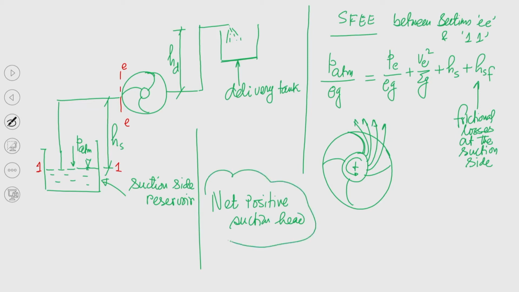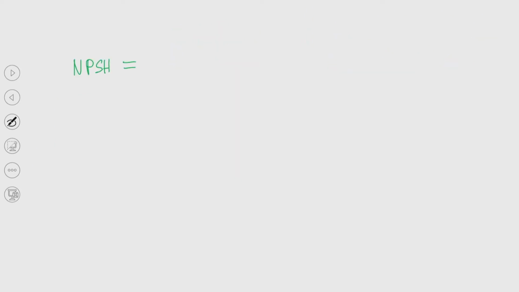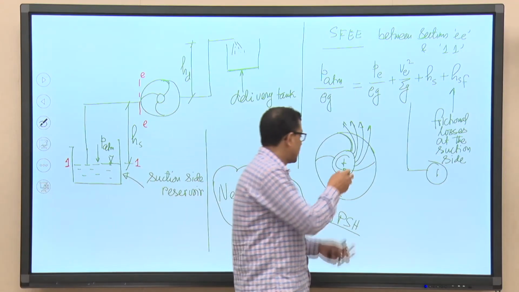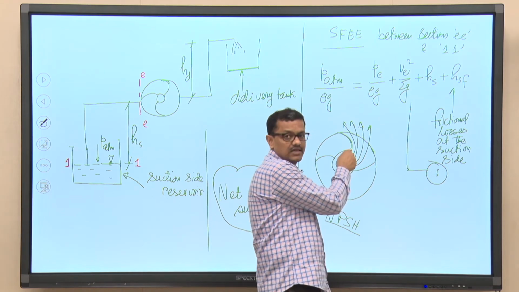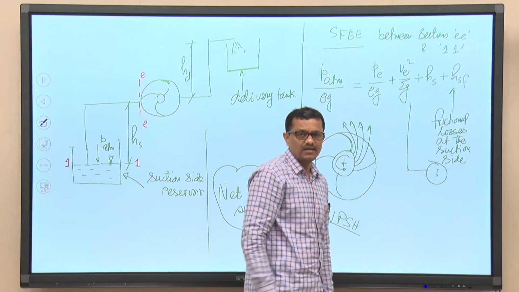So this parameter is an important parameter in the context of pump operation, and if we give this equation number 1, then if we go to the next slide, now this NPSH, that is net positive suction head. Okay. So if we now go to the previous slide, this is in short known as NPSH. Okay. So what is NPSH? Now, if you try to understand what is the head available at this location, that is at the leading edge of the pump vane at the inlet, pump inlet, and